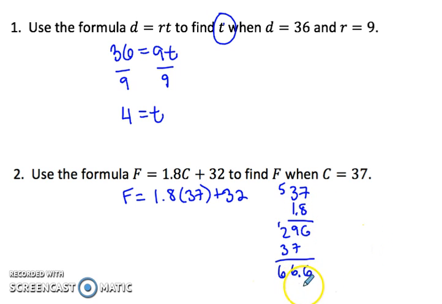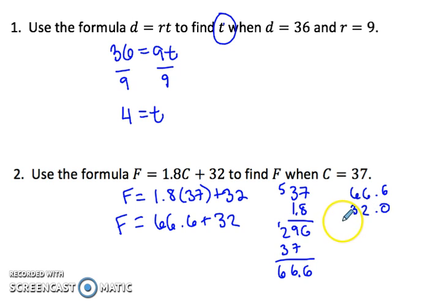All right, so you should get 66.6. So if you wanted to write that middle step in, you could. You do not have to, but so I'd get 66.6 plus 32. So then I need to come over here and actually add those up. All right, so I get a Fahrenheit value of